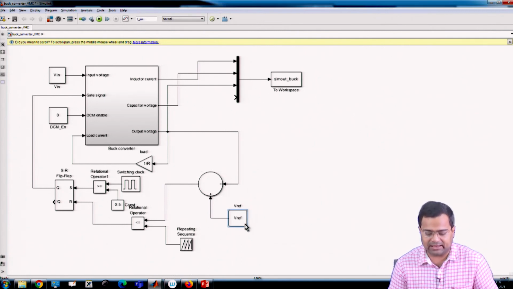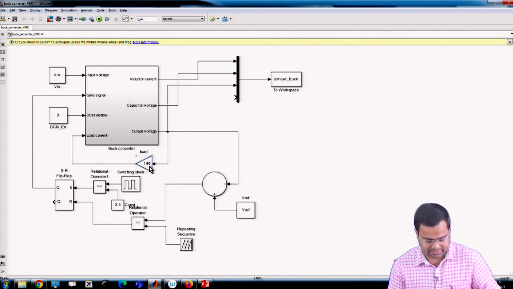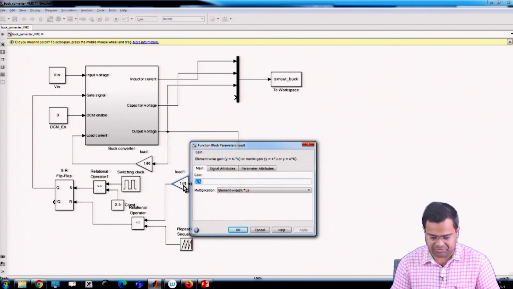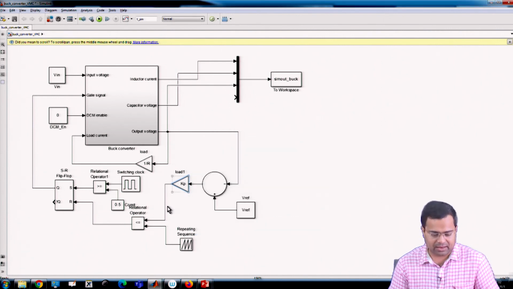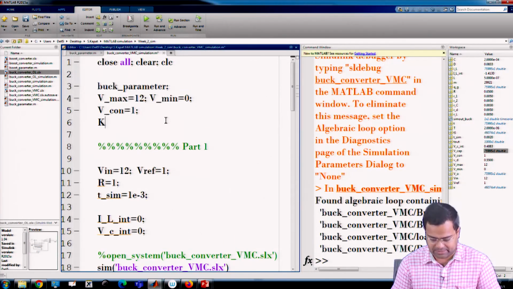Now this is my standard classical feedback control, and we want to use a gain. Simply proportional control, maybe you can use some gain of 100. So I can add a gain Kp, and this Kp I can define as maybe 50.